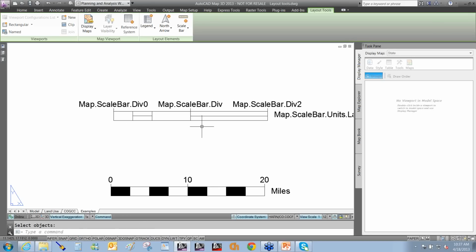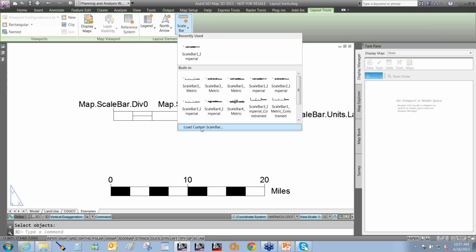See how it works. So once I've exploded it, I can see that all this is an AutoCAD block with a regular insertion point, and I've got a handful of attributes. Each one of these pieces of text that's in here is an attribute. These attributes have to be the exact same name, everyone. So if you find something that you like, just explode it, keep the same names, and make the changes that you want to make. Once you've done that, you create a block out of it, and just like a moment ago, I can say load a custom scale bar,